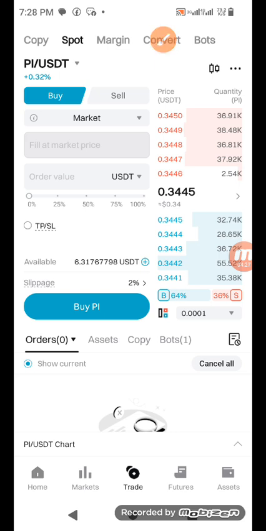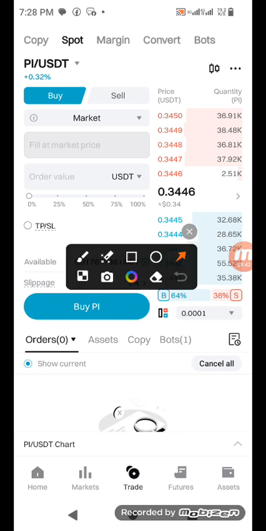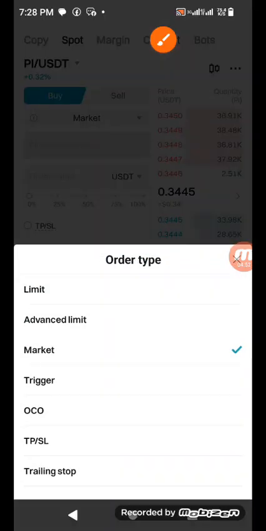Now, if you want to buy, there is a very simple thing you need to do. There are so many spot trading systems or methods you can use. You can use the market strategy, and that's the one that is on default here. I'm going to do that because I want to buy instantly, so I'm going to use the market. But you can also use what we call the limit order type. Yes, the limit order or market order.